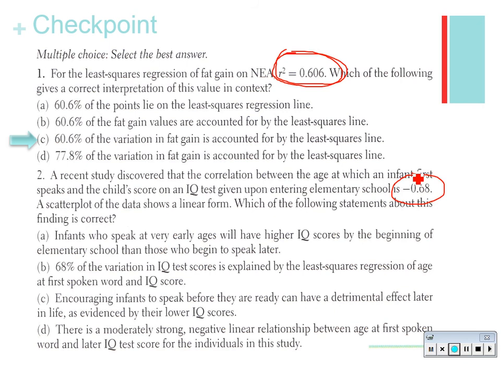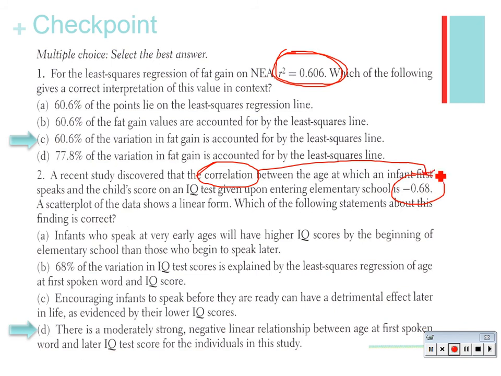That's the correlation value. That's the value of R. A scatter plot of the data shows a linear form. Which of the following statements about this finding is correct? And the answer to this was D. And we would say that there is a moderately strong negative linear relationship between age at first spoken word and later IQ test score. So remember that correlation,